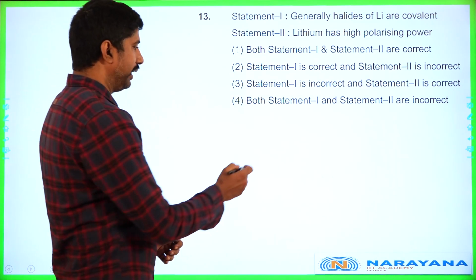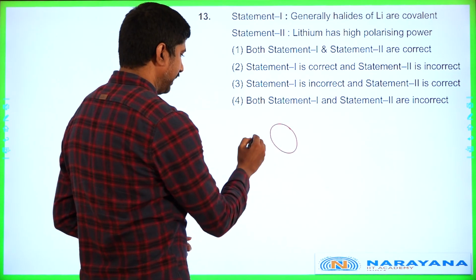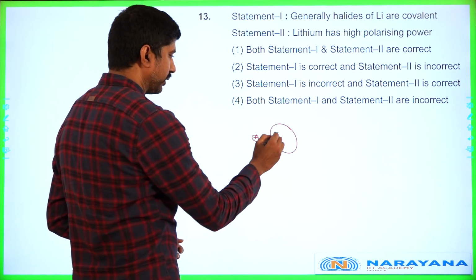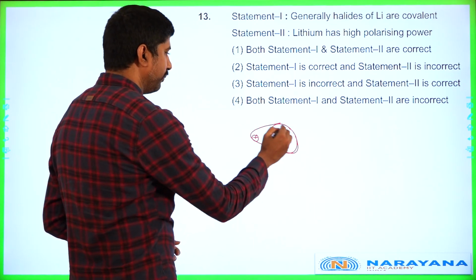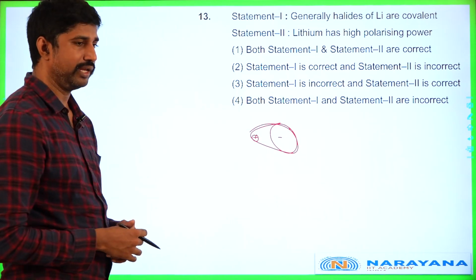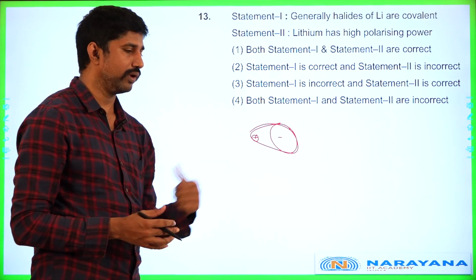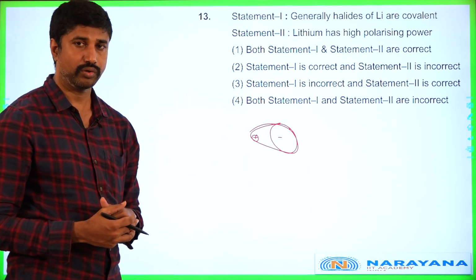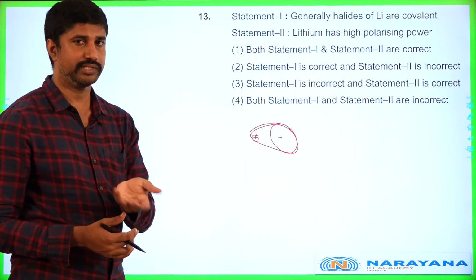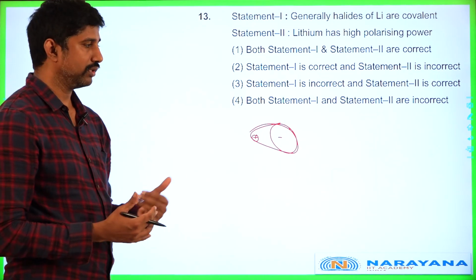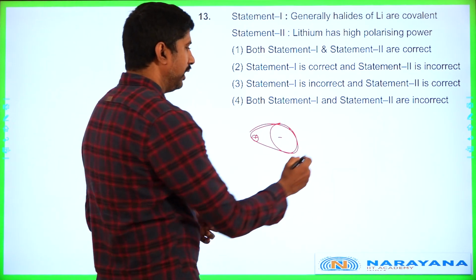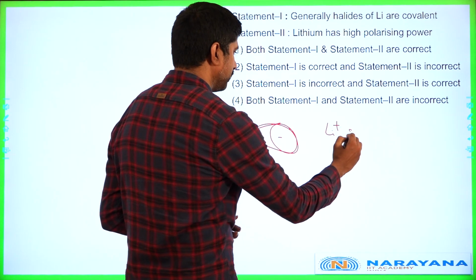We know that when the anion is larger and the cation is smaller, the polarization effects are caused in the anion, which is responsible for inducing the covalent character, which was given by Fajan's rules. So based on Fajan's rules, we can say that Li plus ion is a small cation,